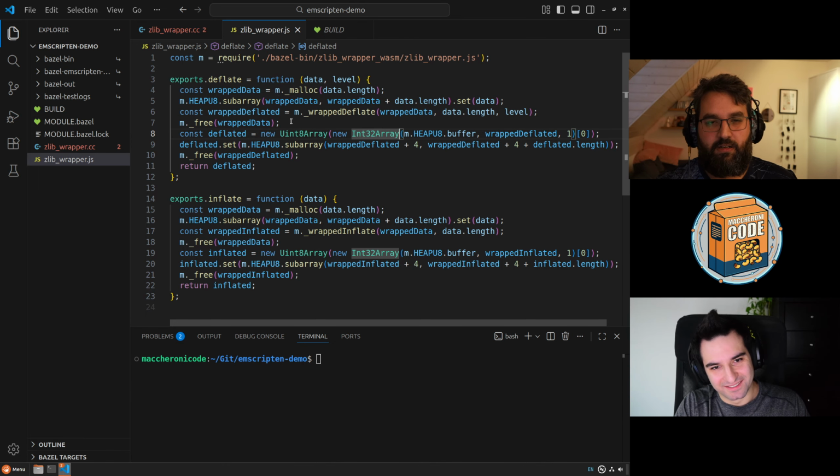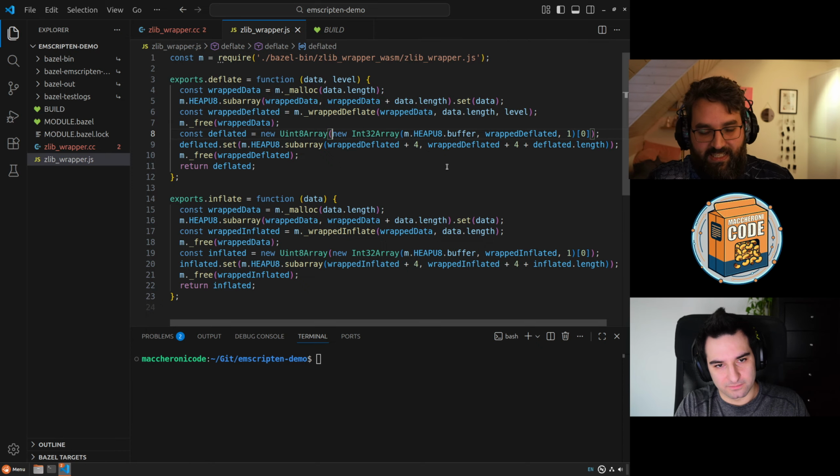And then, right, this is another interesting way of doing this. We are effectively saying, hey, I want to take a look at the output buffer as if it were integers. And I want the first one, as you remember, we said that the first part of the buffer is an integer, so int32. So we just go and read it, and that's the length of the buffer.